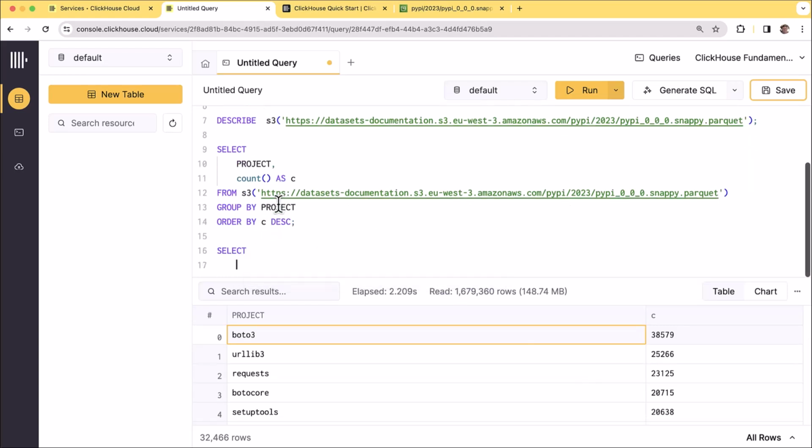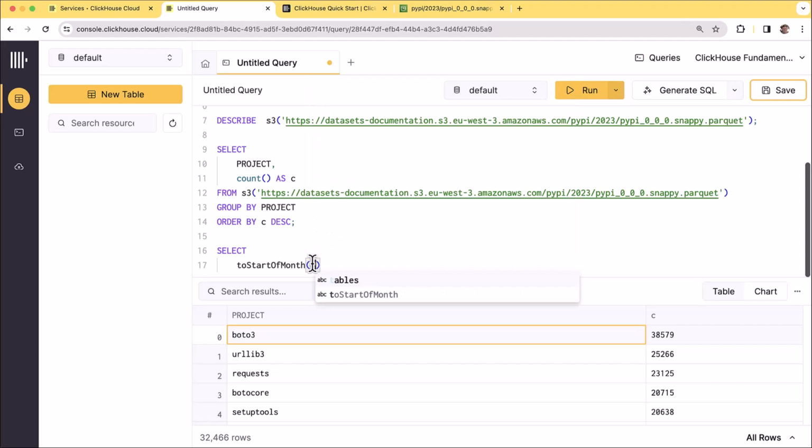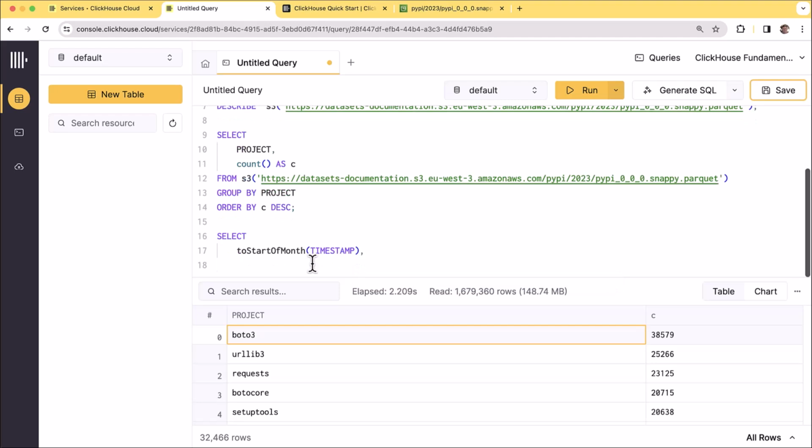Let's go to the start of the month, and there was a timestamp column, if I'm not mistaken. And I think it was all caps, timestamp. What does that do? Well, whatever the timestamp is, it's going to return the first day of the month. And so if I do project and count